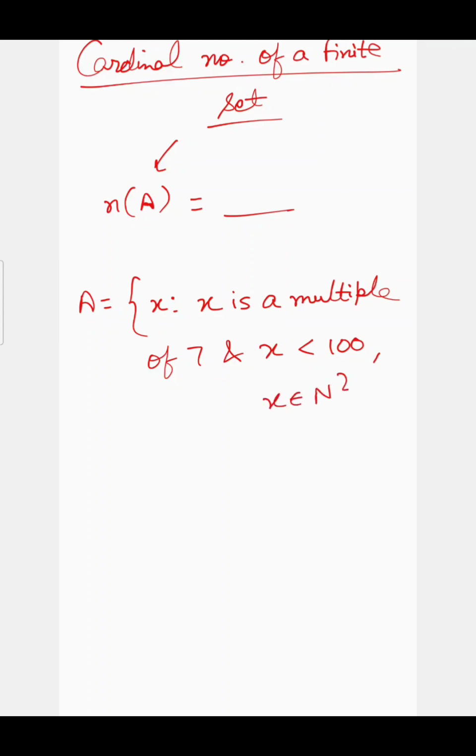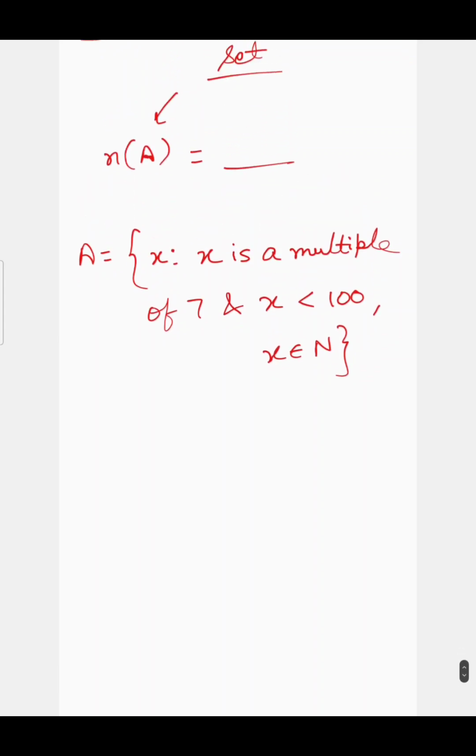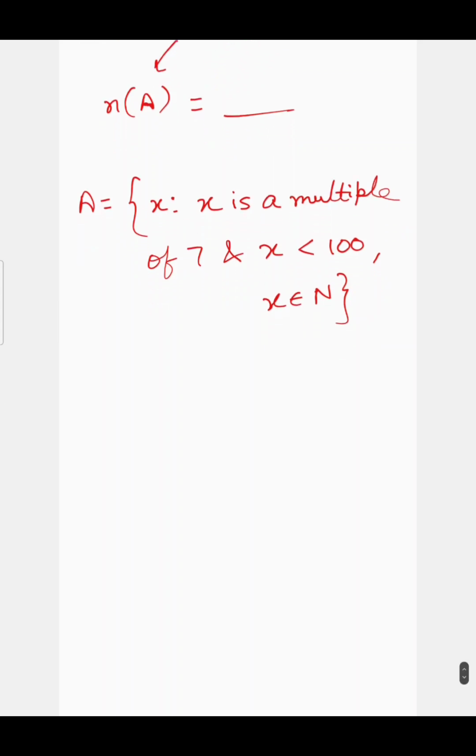X belongs to natural number. Okay, so नेचुरल नंबर लिखना जरूरी है। अगर यहाँ पर इंटीजर लिख देता तो फिर ये इनफाइनाइट सेट हो जाता। लेस देन 100 में, वो पीछे माइनस वाले सब ही लेने पड़ते इसमें, इसलिए नेचुरल नंबर।